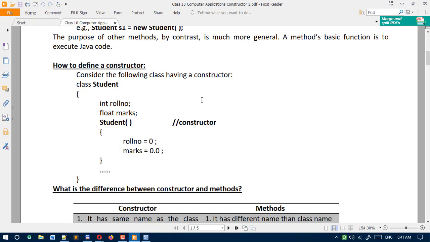Using a simple example I am showing you. Consider the following class having a constructor. Here the class name is Student, then two variables are defined: int rollNumber and float marks.